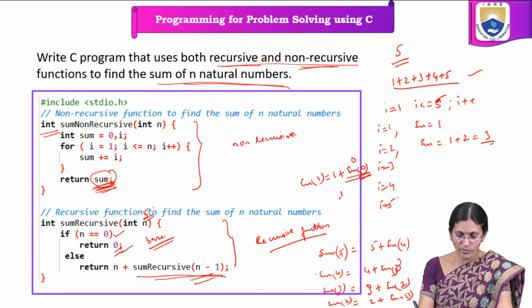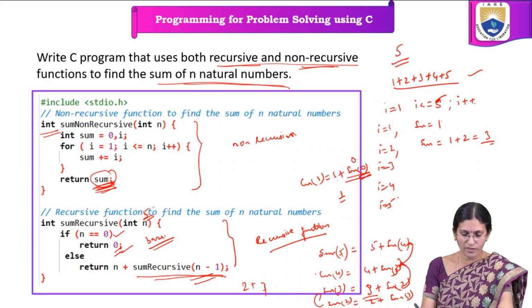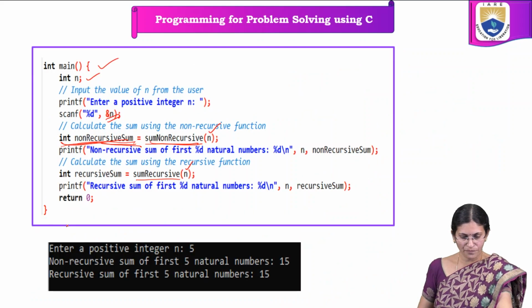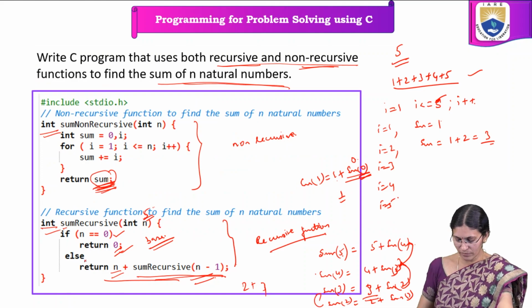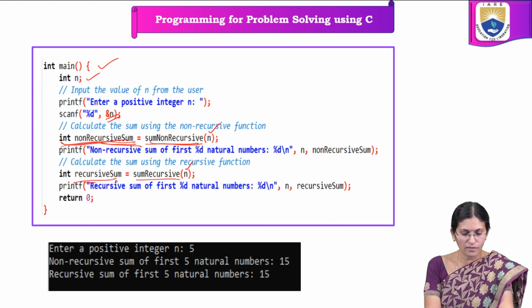Then 1 plus 0 is 1, and this value is returned to the previous function. So this will be equal to 2 plus 1, which is equal to 3, and this value is returned here. So 3 plus 3 is 6, 6 plus 4 is 10, 10 plus 5 is 15. In this way this function will be executed and it will return that value. The value is 15 here. The return type is integer, so the value which is returned by this function is